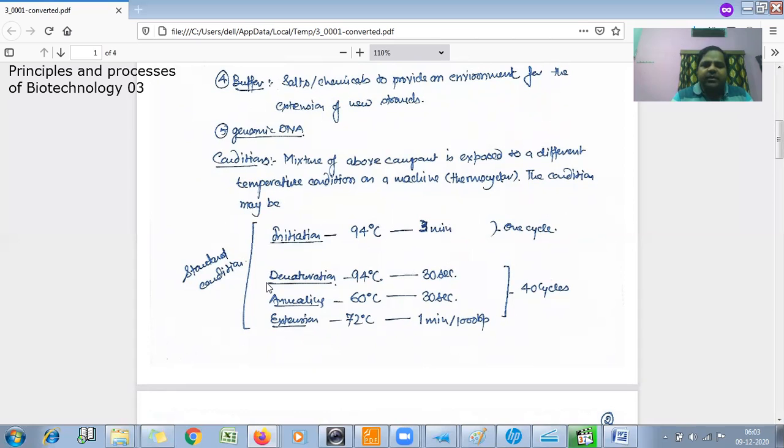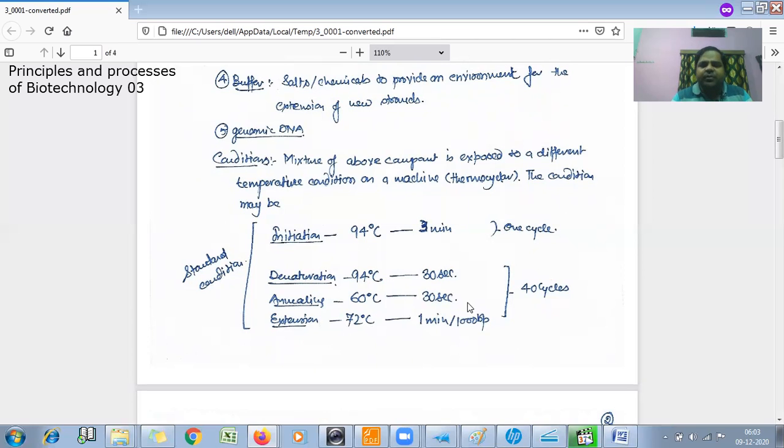Again, we will provide denaturation, means 94 degrees centigrade for 30 seconds. Then just after that, we will provide 60 degrees centigrade for 30 seconds and 72 degrees centigrade for 1 minute